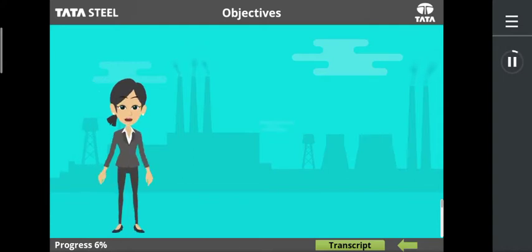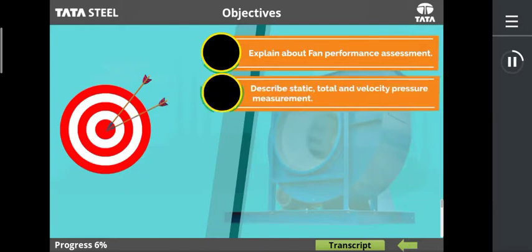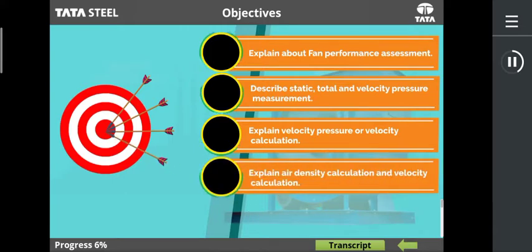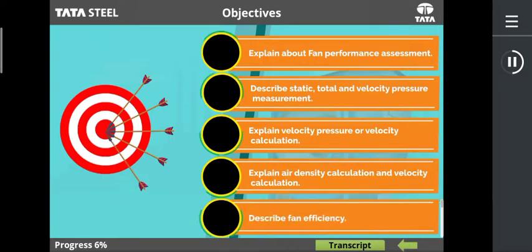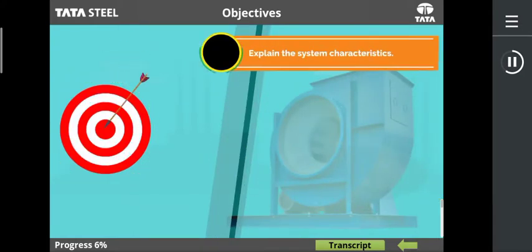At the end of the module, you will be able to explain about fan performance assessment, define static, total, and velocity pressure measurement, explain velocity pressure or velocity calculation, explain air density calculation and velocity calculation, describe fan efficiency, explain the system characteristics,